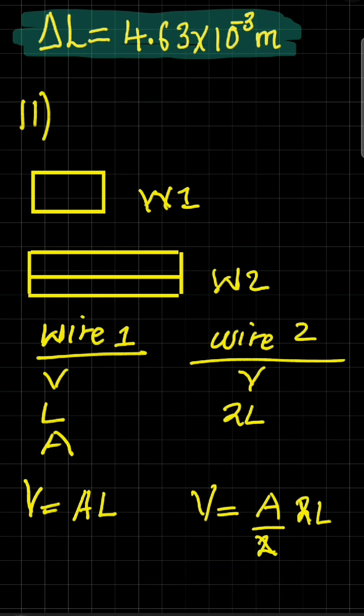That is the reason why, even here on this diagram, I say they would only be equal if this was reduced by half, as in the cross-sectional area. Therefore we know that the cross-sectional area for wire 2 is simply the cross-sectional area of the first wire divided by 2. Okay,